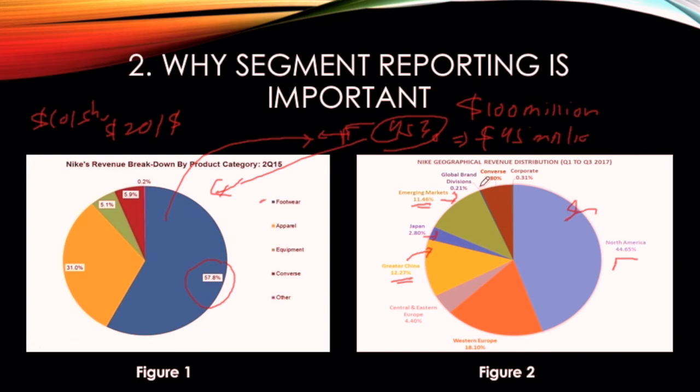Why is the geographical segment important? The geographical segment will help the analyst to understand the economic risk: which are the economies to which the entity is exposed? And one specific area I would like to explain to you is the country risk premium. I don't know how many of you have understood what we call the country risk premium, but the country risk premium is not the same across the world.